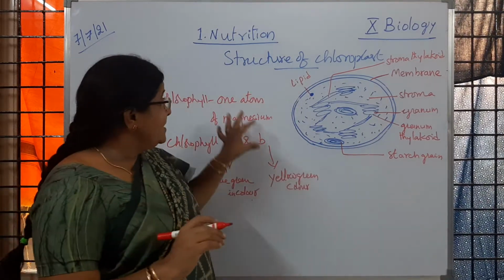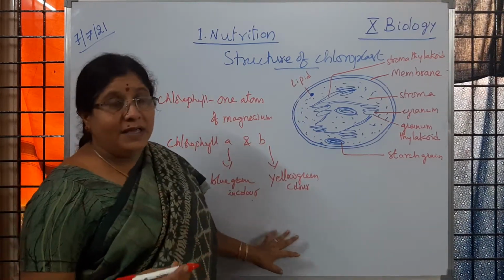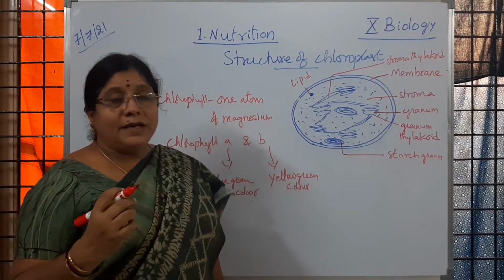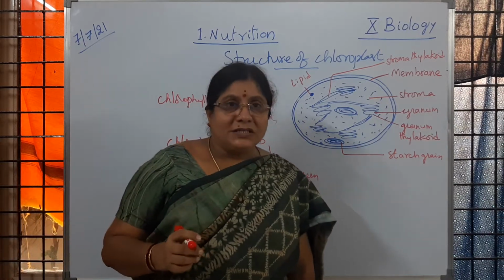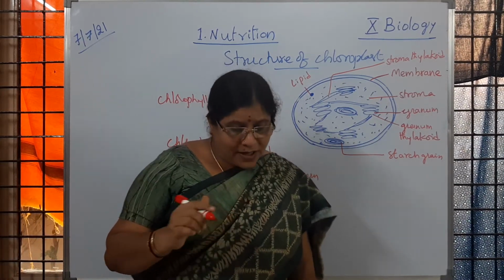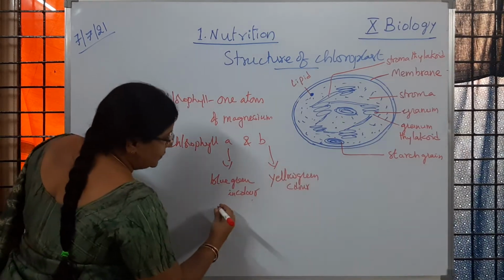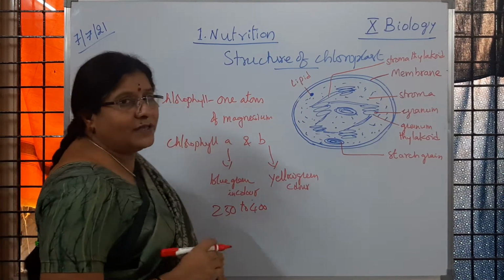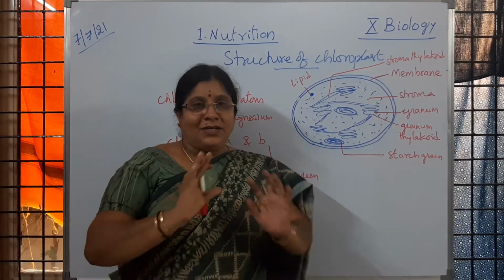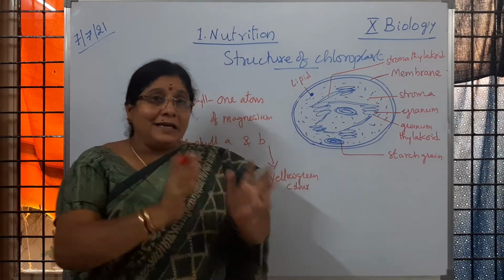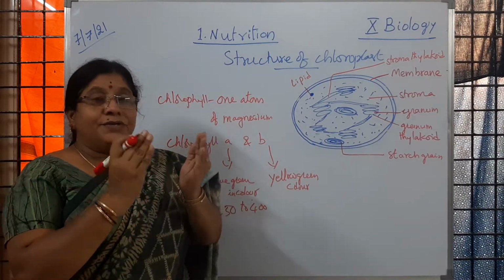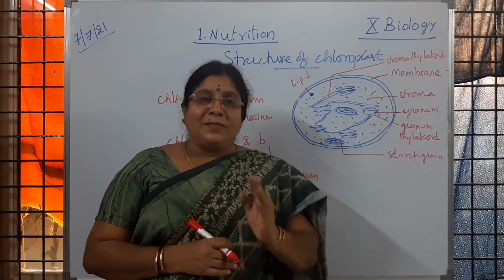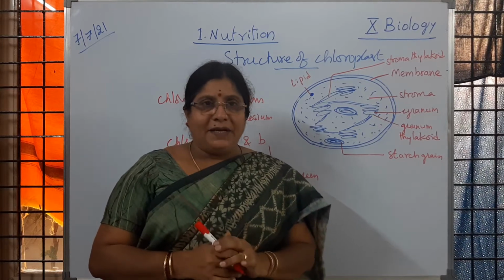Then apart from chlorophyll A and B, we are going to observe other pigments also. Yesterday I said xanthophylls, carotenoids, phycobilins. So all these we learned or not? So they are all present. So 250 to 400 other accessory pigments are also present. All this chlorophyll and other accessory pigments form a center, which we call the reaction center, where the process of photosynthesis is going to happen. Is it clear to children?